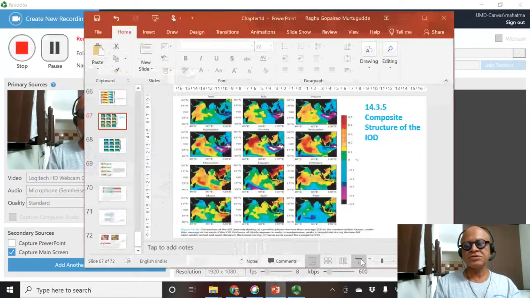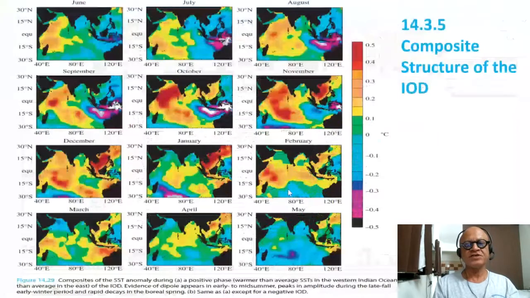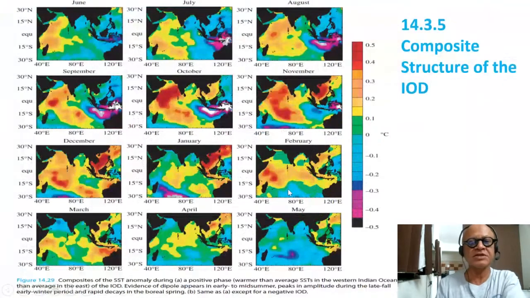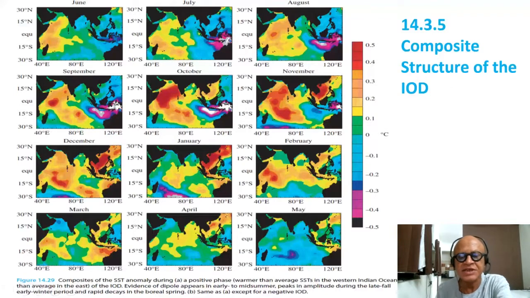I want to introduce just one idea of this Indo-Pacific tripole, but let's run through the composites first. So this is for the positive IOD, or the Indian Ocean dipole. In June, you can begin to see some activity. These are the composite SST anomalies, and this part, the maritime continent part, actually should not be ignored, because